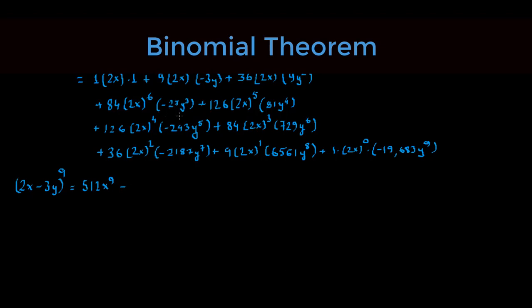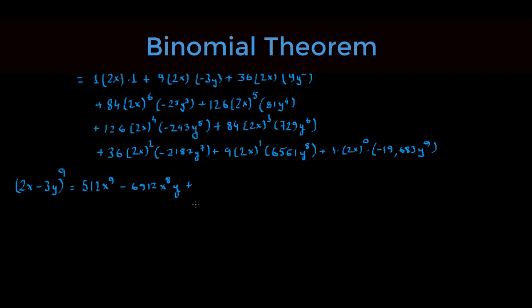Negative. So 9 times 2 raised to the power of 8 times 3. So this is 6912. 6912 x raised to the power 8 times y plus